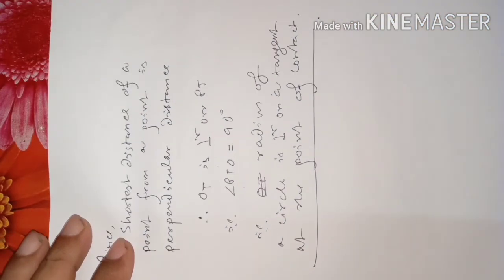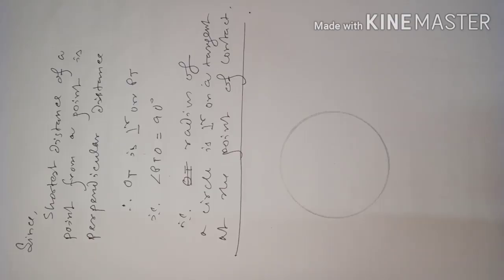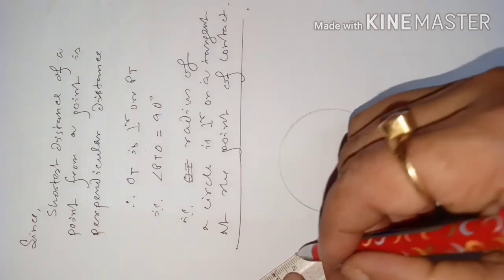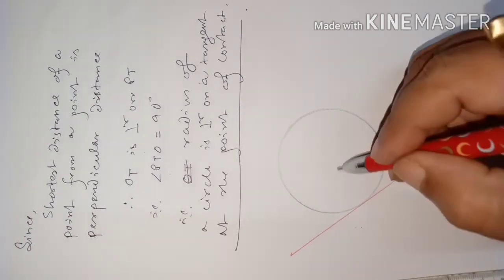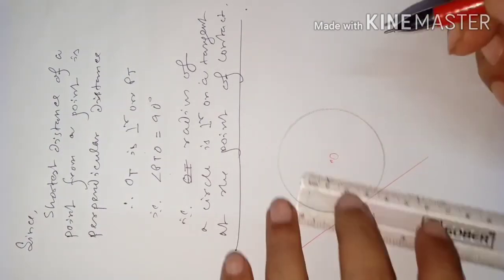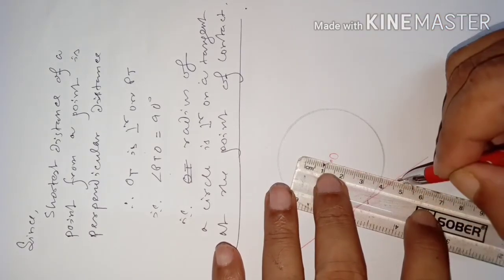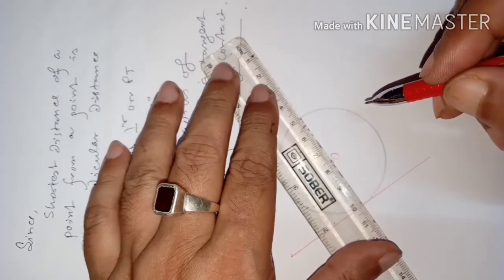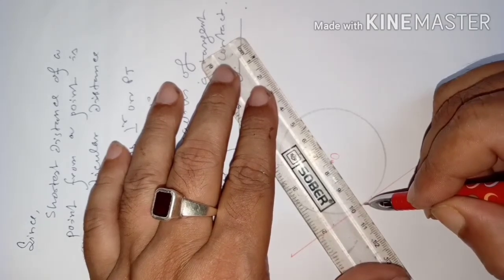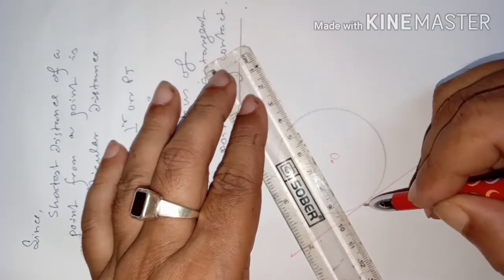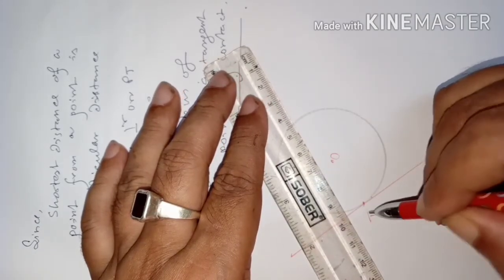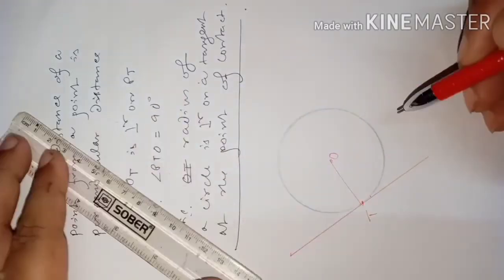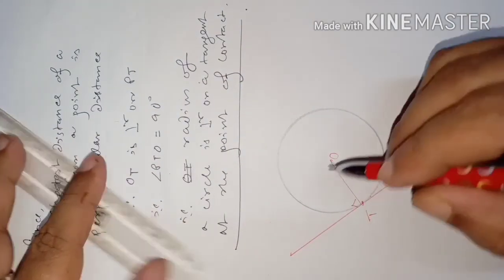So students, don't misunderstand that if I draw a tangent this way, then this is the center. No, if I draw it here, it will not be perpendicular. Don't understand it that way. It will be perpendicular only when you draw it at the point of contact. So this is the point of contact, suppose. Here you draw a tangent, then it will be perpendicular here. So this is the meaning of the statement.